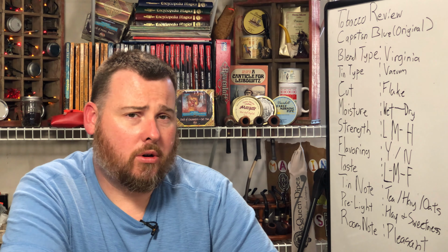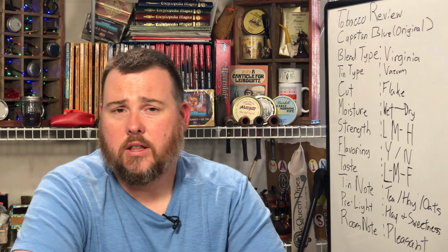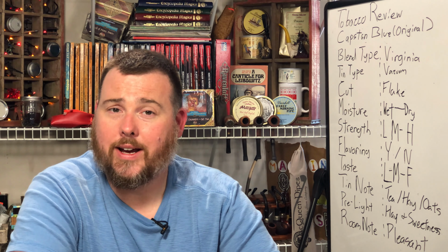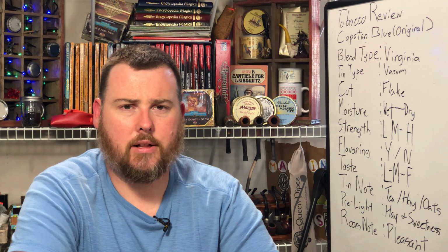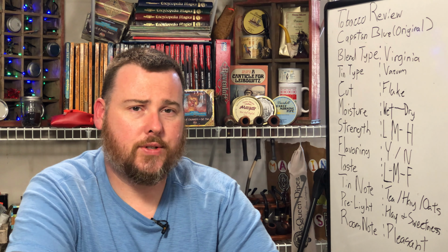More recently, Broken Record posted a review. Capstan Blue, my favorite straight Virginia flake. The Virginia varieties used in the flake are a mixture of dark and light leaf that bestow a good deal of natural sweetness and pleasant grassy notes to the smoke. The rum casing is barely noticeable in the tin note, but helps smooth out any rough edges from the Virginia